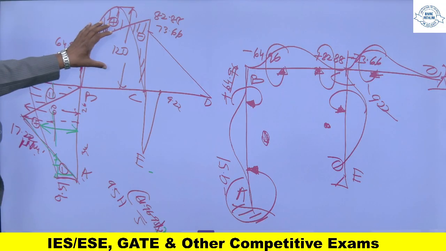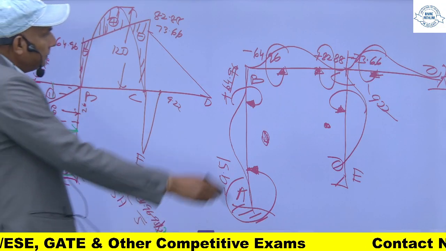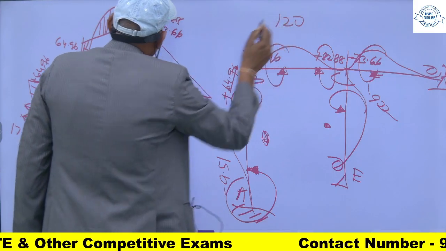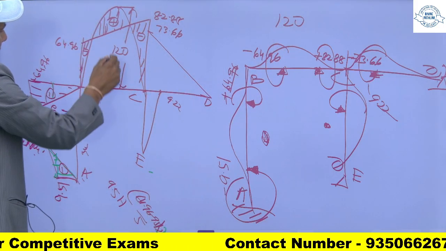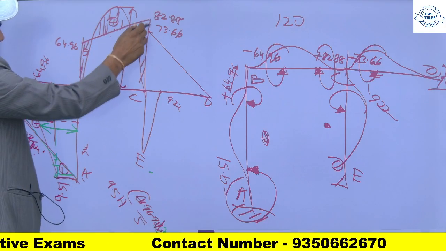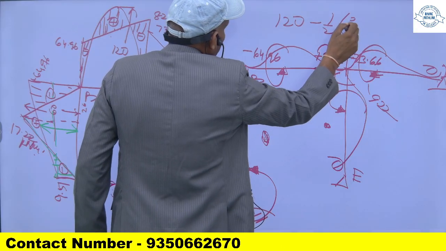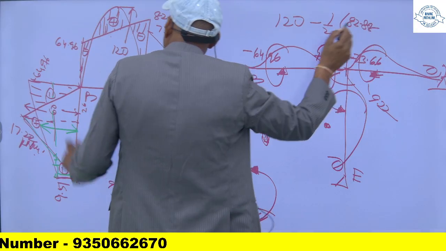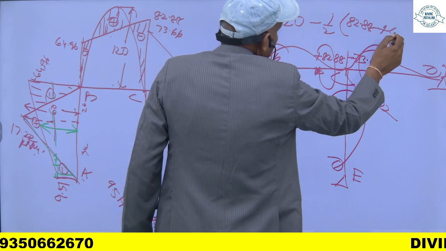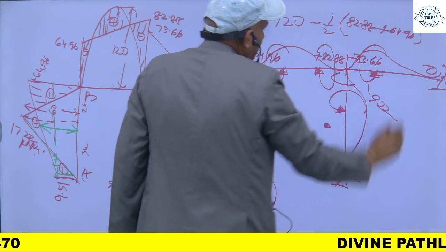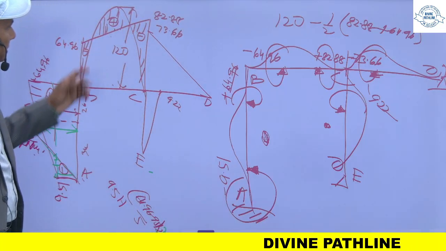So total is 120, and this is exactly at the midpoint. So this will be average of this and this. 120 minus 1 by 2 of 82.88 plus 64.96. So this way you will get this one,